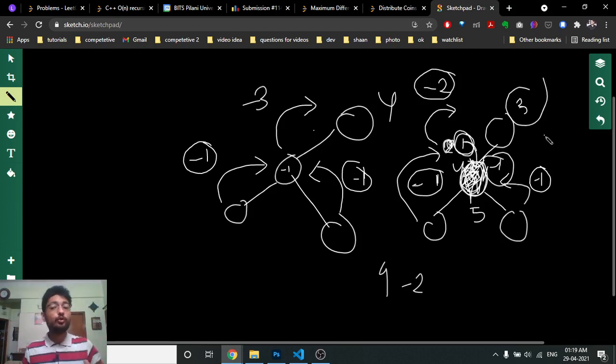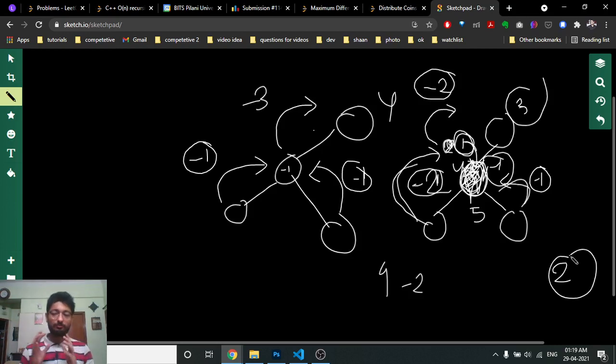And then the number of moves is how many moves there are. This is sending me how many coins are required, but the number of moves I actually make is 2, which is 1 from here and 1 from here. So I require 2 moves. It means the number of moves does not depend only on how many coins are there. We have to first see how many coins are required on the left side and the right side, and for every node we see how many excess or deficient coins are there, and those coins are distributed among them.